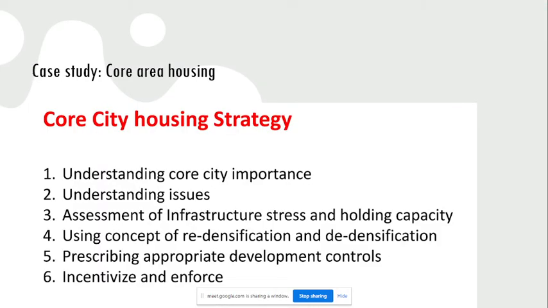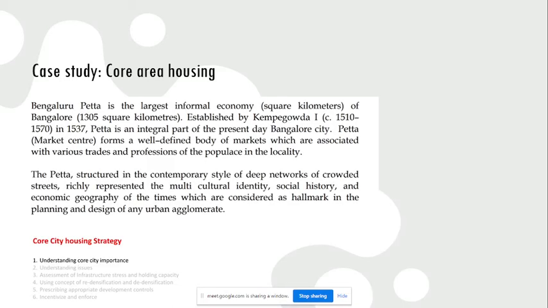In week six, initially we discussed the core city housing strategy. We are just trying to revise everything. There are six different steps involved in this housing strategy of core city development. First, understanding the importance of the core city and the different issues present there, to assess the stress on infrastructure and the holding capacity of the particular area. Then the concept of re-densification and de-densification, either to increase or decrease densities to properly provide infrastructure for the residents. Then prescribing appropriate development controls, how to develop and how to regulate the development. Then incentivizing, and for this we took a case study of